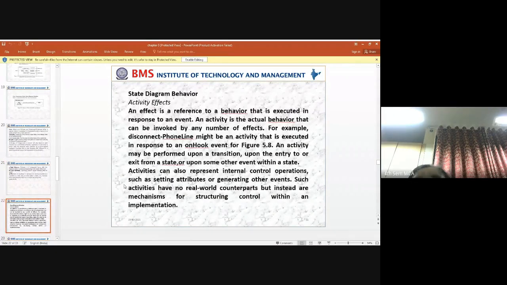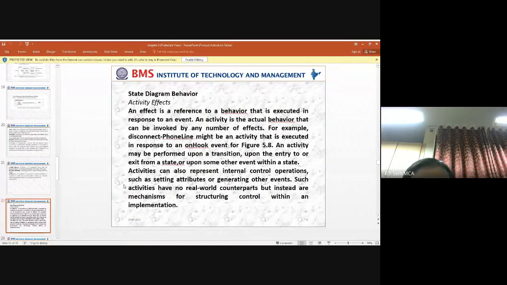Okay, so next we need to observe how this state diagram behavior is going to change. For that, we need to identify the activity effects. For these activity effects, the first thing we use is how the behavior is executed in response to an event.